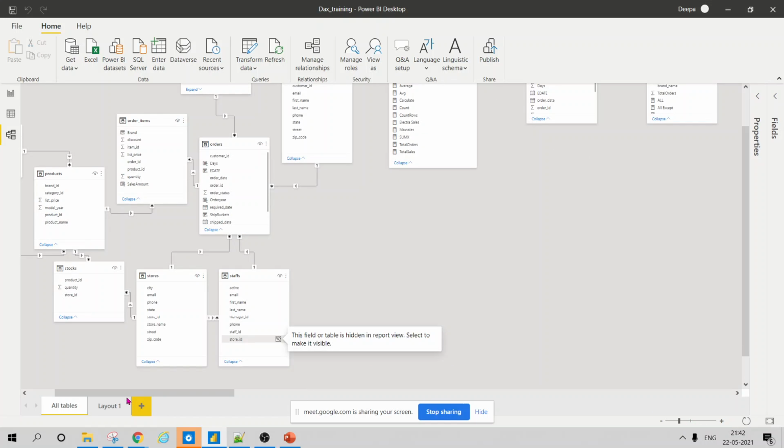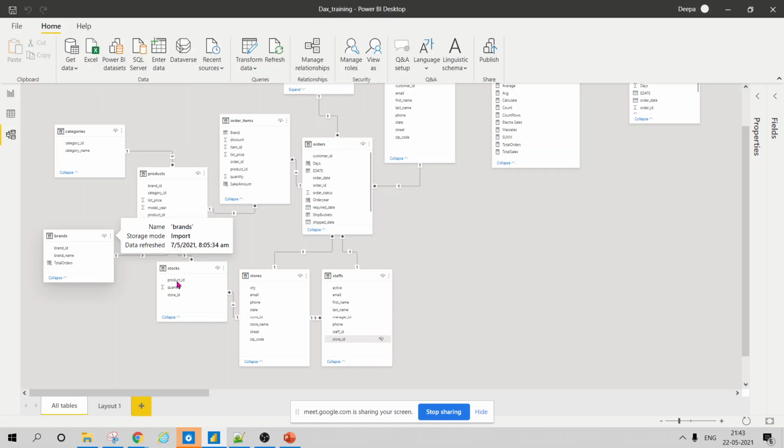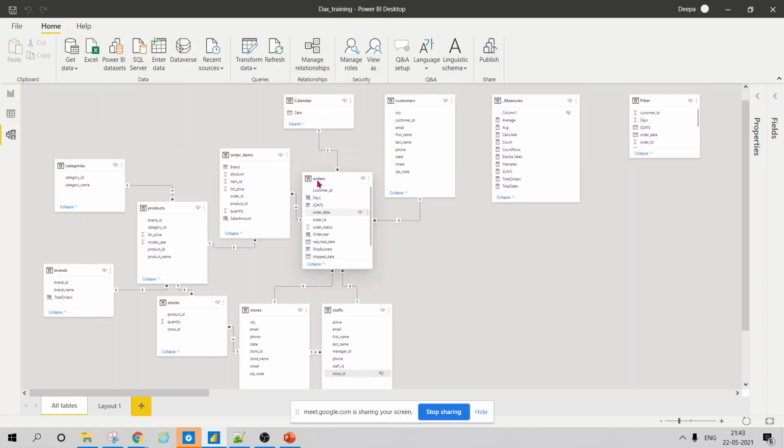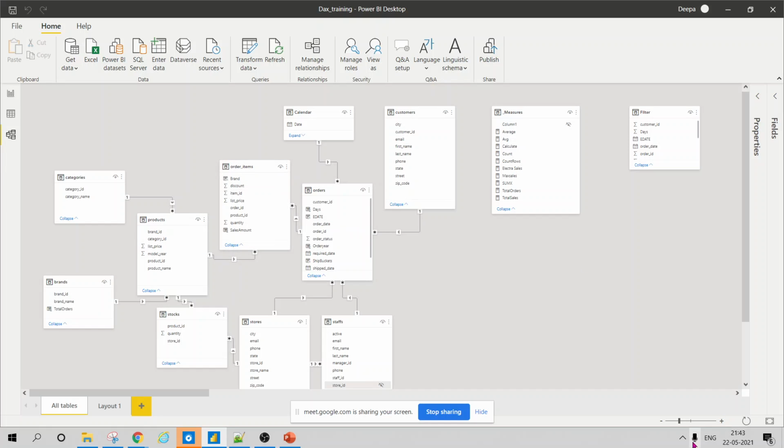So here you see, I'm using a categories table, brand, stocks, stores, staff, orders, customer, order items and product. For today's example, I'll be using four tables: brand, product, order items, and order table.